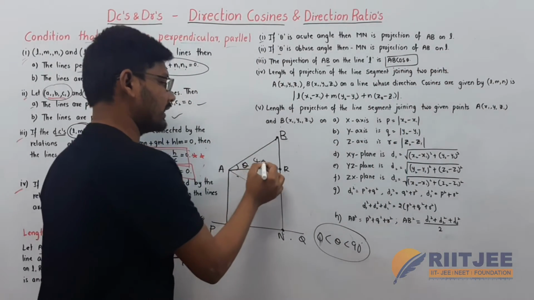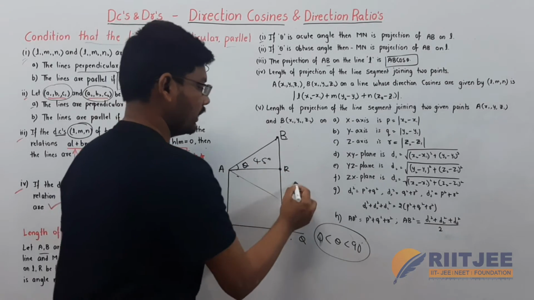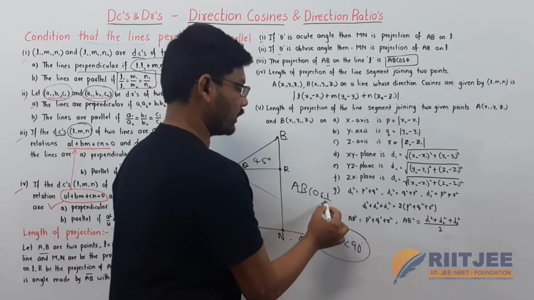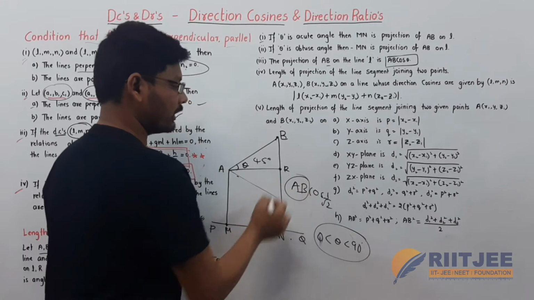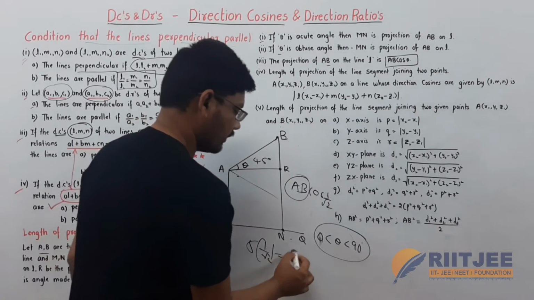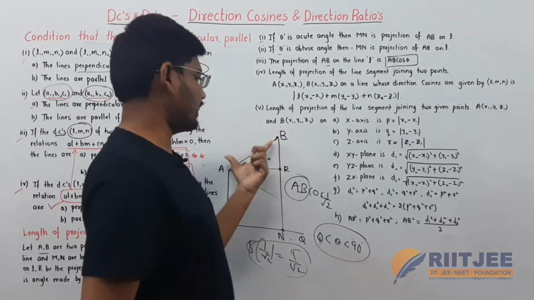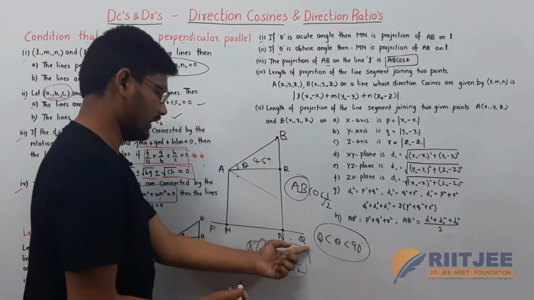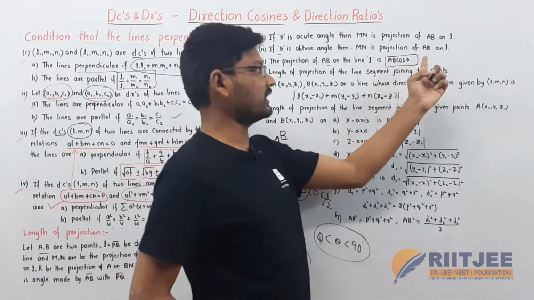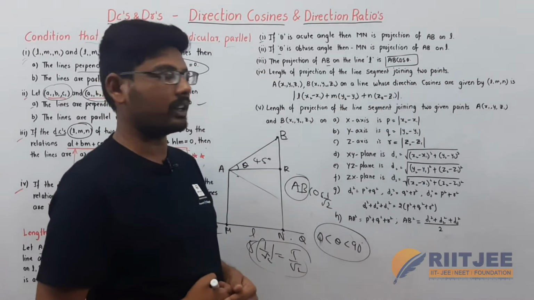Here if you know the angle, that is 45 degrees, then the length will be AB cos theta. AB is the distance here, cos theta is cos of 45, that is 1 by root 2. If you got the value like 5 here, so 5 into 1 by root 2, the length will be 5 by root 2. This is the projection of AB on line L here. This is line L, the length will be AB cos theta. This is the formula to remember if you want to find the length of this projection of line AB here.